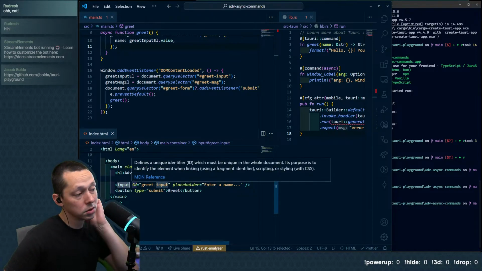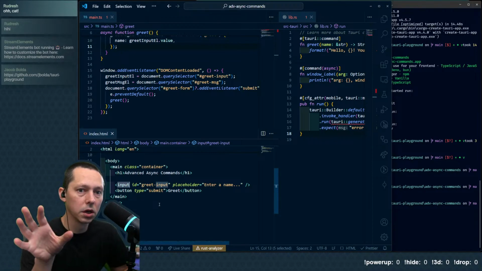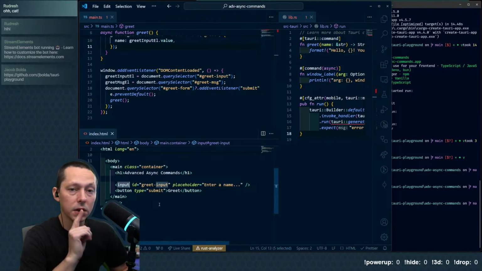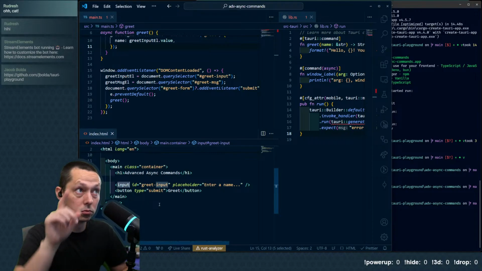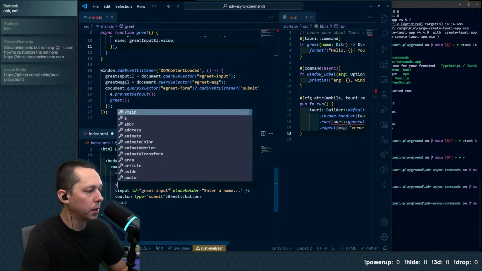I think I actually want to switch this to a select, because we don't want a pure input. I think I just want to give a bunch of options for you to select from. No, actually, we'll do it separate.